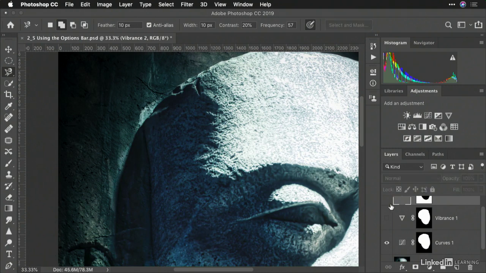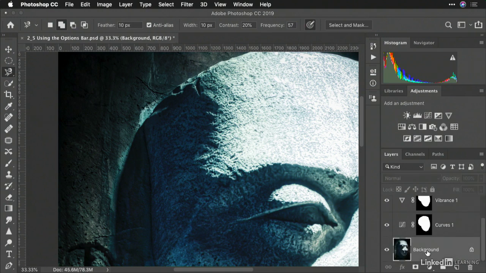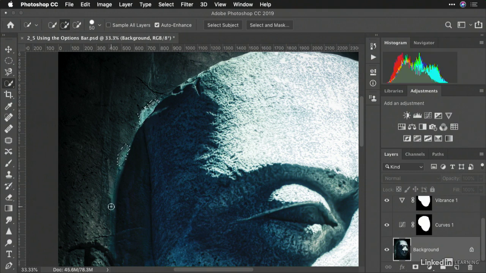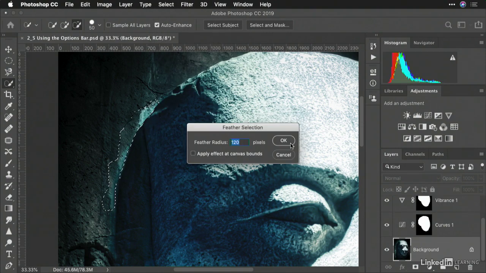But I can easily start to make a more complex selection. So, for example, let me click on the photo, grab my quick selection tool, left bracket for a small brush, and just click. And I'm just selecting that edge there, like so. Let's go ahead and feather that. Select, Modify, Feather, 30 pixels,